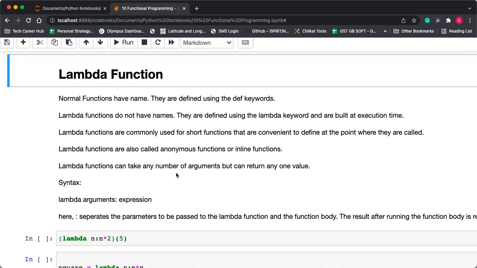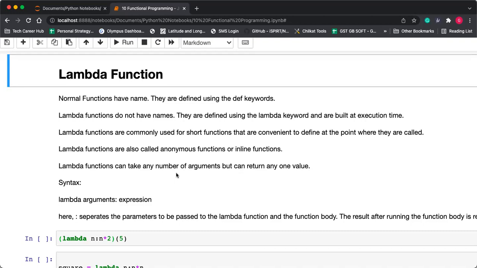That's why it's called an inline function. Lambda functions are faster than normal functions because there is no function call. Whatever the code is, it is executed right there.